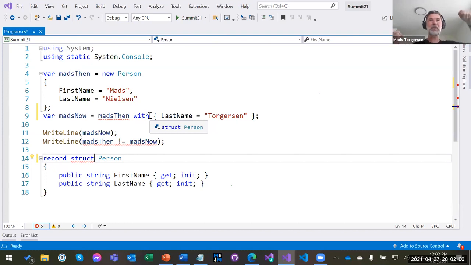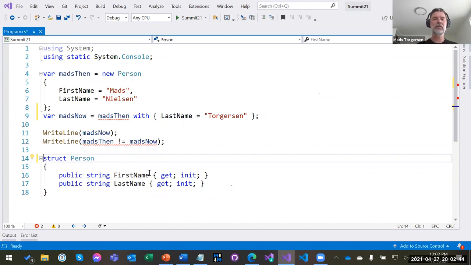And again, we built the copying semantics of the class records on what structs already do. So the with expression should already work. We don't need to do something extra to structs in order for with expressions to work on structs. And indeed, we're actually going to let with expressions work on every struct, not just on record structs. With expressions in C# 10 will just work even if you just declare a normal struct. You can take it, have a copy, and have that copy mutated with a with expression, just like you can for record classes.